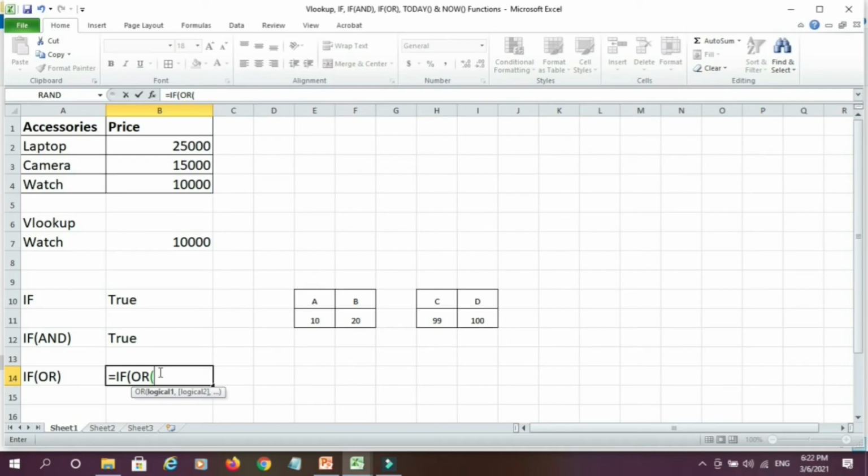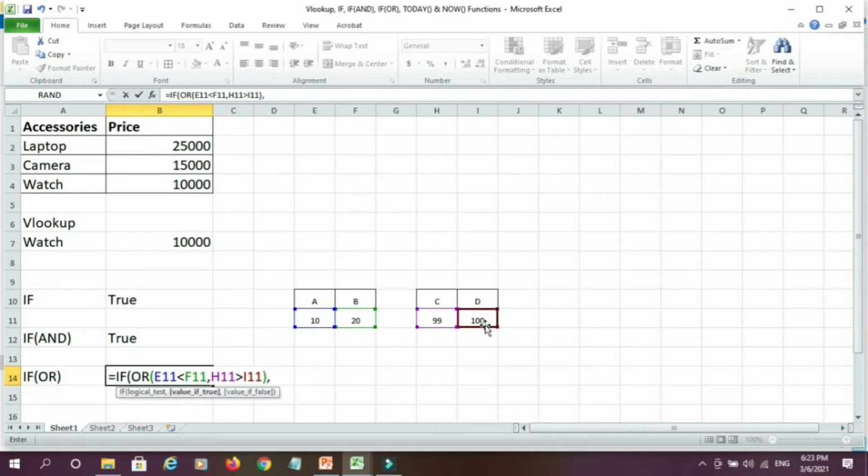So I'll write if OR whether A is less than B, comma, second condition, I'll write one false condition. Let's see this. 99 is greater than 100. Bracket close.